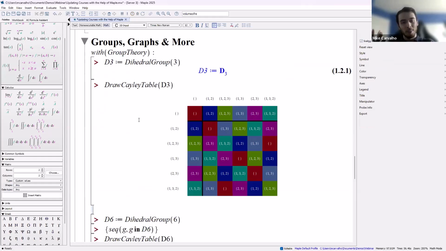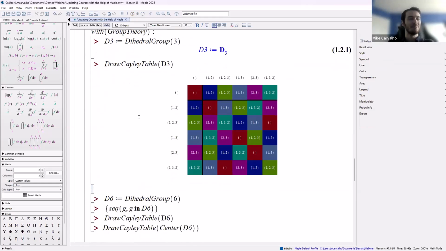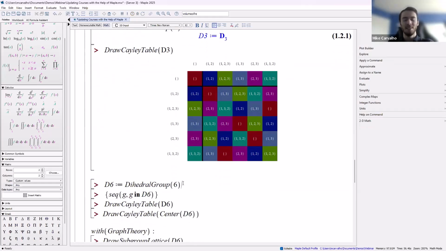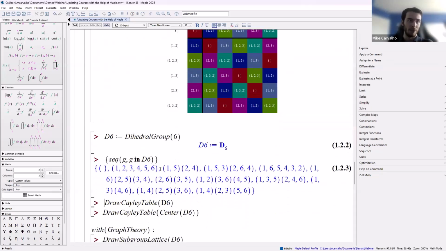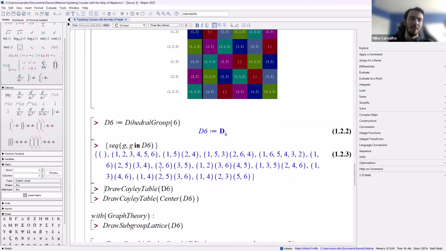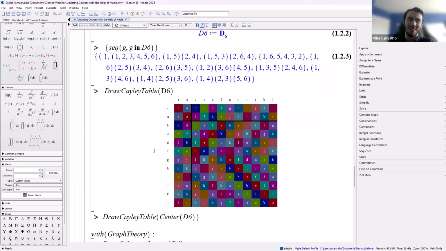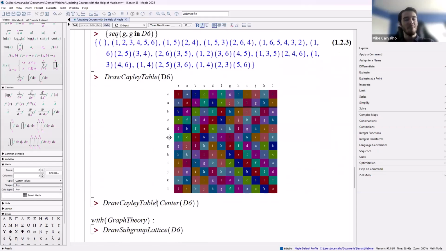And this is something that you might be able to draw on a blackboard, to show your students, or a whiteboard, I guess, nowadays. But as soon as you go up in size, you look at something like D6, it can very quickly enumerate, look at all the elements of the group here. As soon as you go up in size, you're not going to draw this on a blackboard. It's not worth your time to do that, but it's so much easier to be able to just show this super quickly, throw it up on the board. What does this group look like? What does their Cayley table look like?